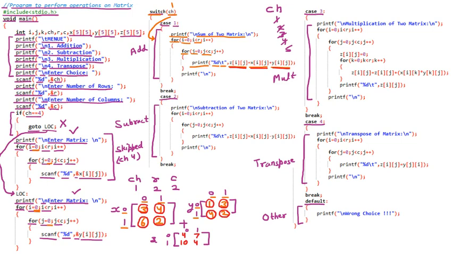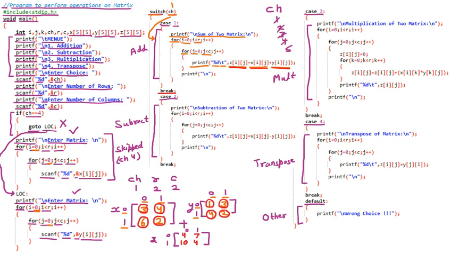So this is the first thing by which we are going to work, and after that what will happen? They will break. So the program will break and it will come out. So at one time one case will run. So let us suppose that we have taken the case 1. So this way the case 1 is running.